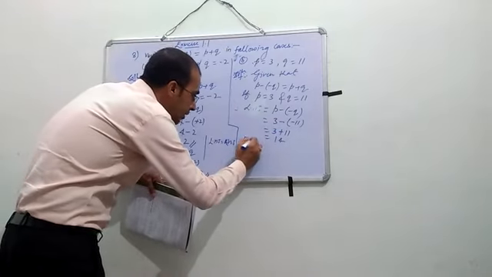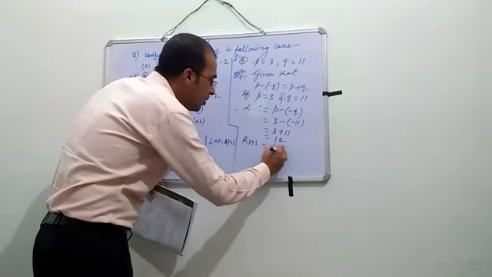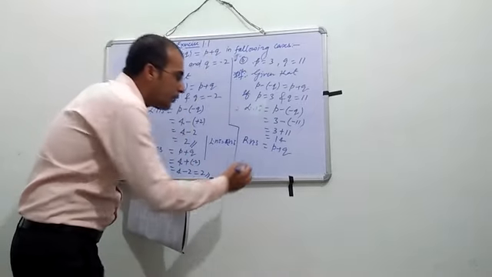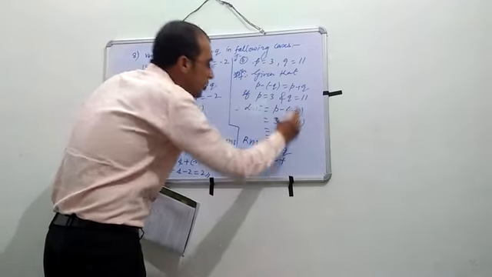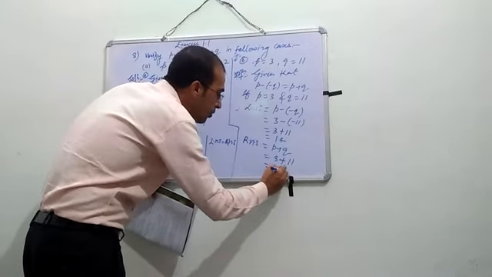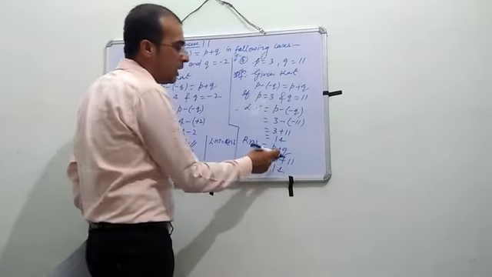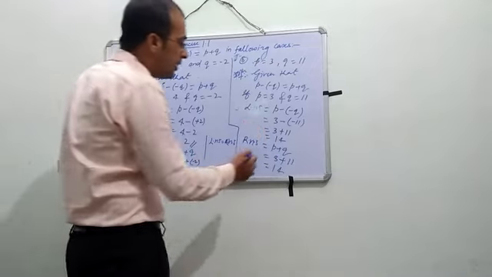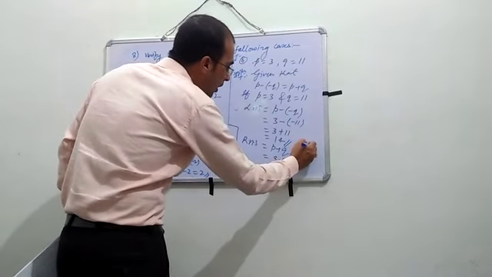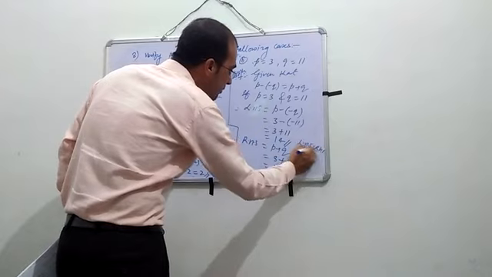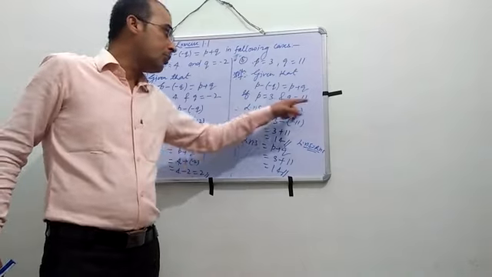Now RHS, what is RHS? RHS equal to, given here, P plus Q. We will put the value of P equal to 3 and Q equal to 11, then its value equal to 14. This is positive, so you will add 11 plus 3 equal to 14. Then you can see here, LHS equal to 14 and RHS equal to 14. LHS equal to RHS means it is verified. It is true for P equal to 3 and Q equal to 11.